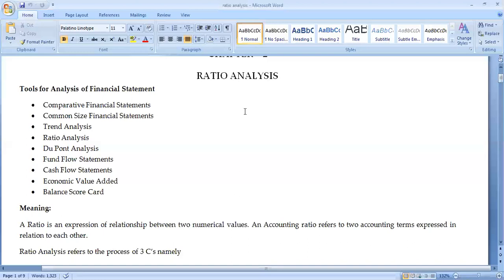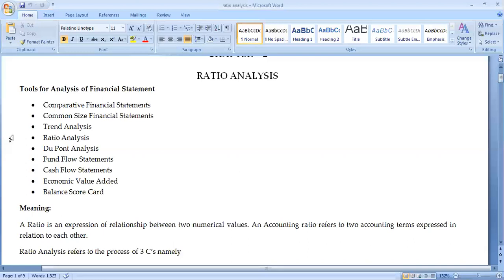The trend analysis, which was majorly indicated as the index number, where you were analyzing the financial statement in order to reveal the trend of an item through the passage of time. It indicates how the financial statement goes on as time passes, how the sales change, or how the operating profit changes, or how the stock changes, or it may be how the profit changes, which we have discussed in the trend analysis.